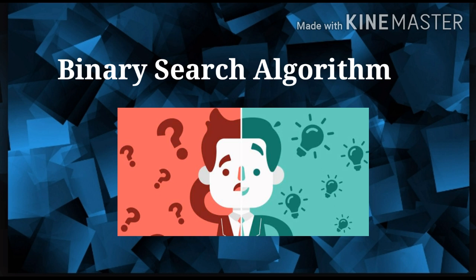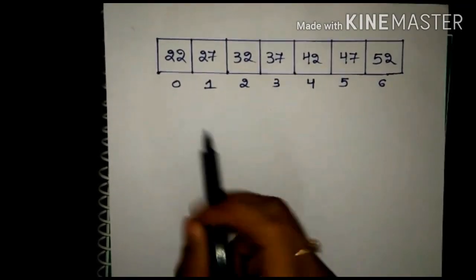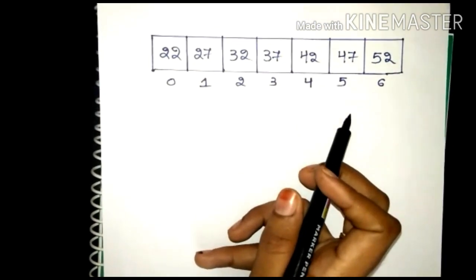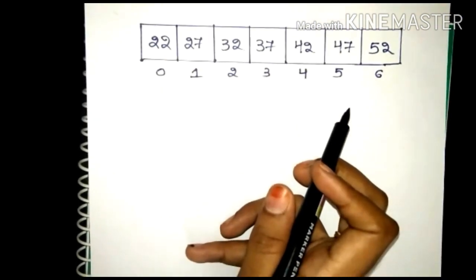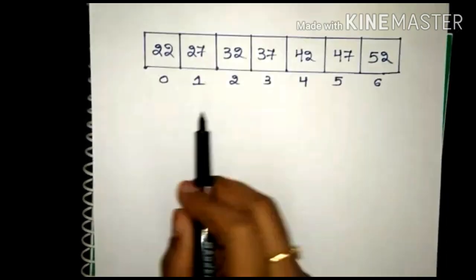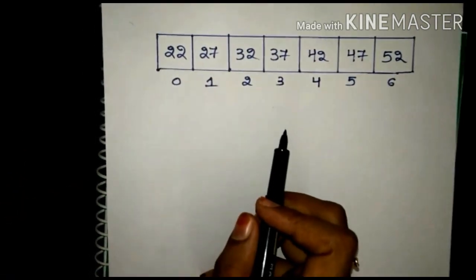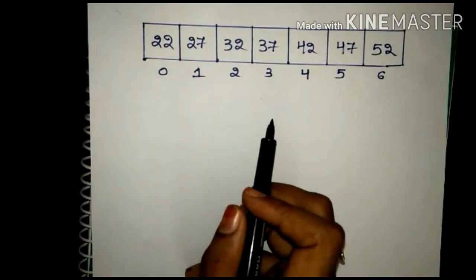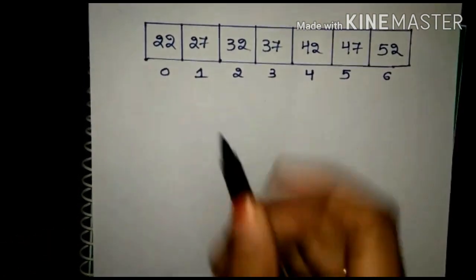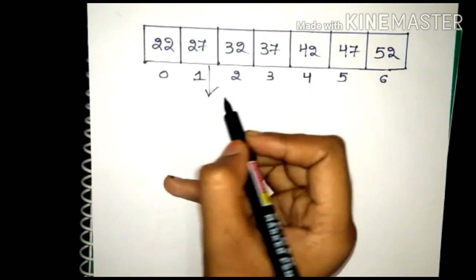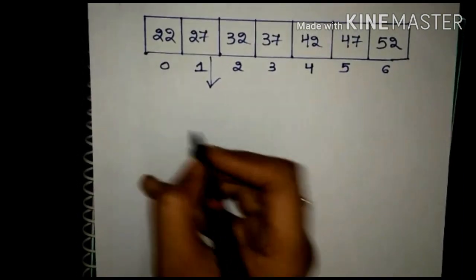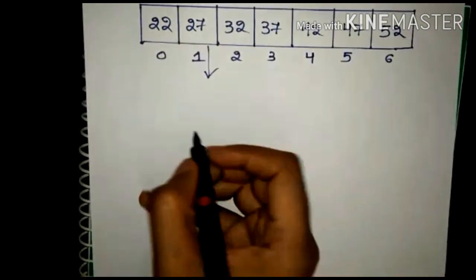To understand the binary search technique clearly, let us take an example of a list or an array and give the index. See, in this example, the elements are sorted. In linear search, elements need not be in order, but the binary search limitation is that elements should be in order. Now our target element to search in this list is 27. I will explain an algorithm in parallel with an example.